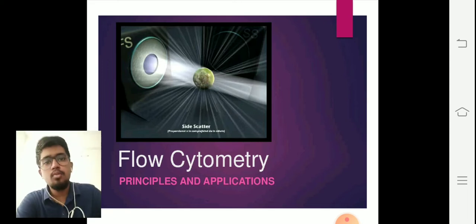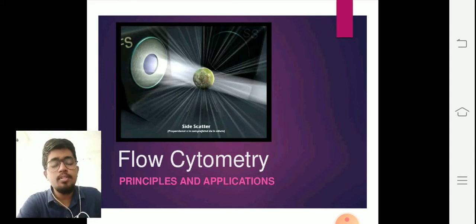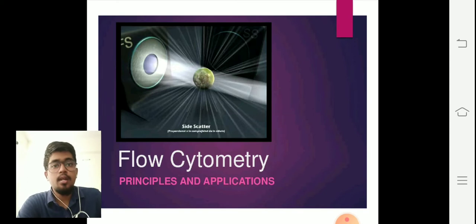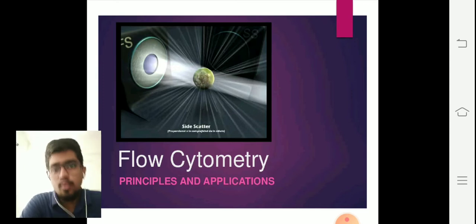Today we are going to discuss the most important concept of the various principles and applications involved in flow cytometry, which is a very important concept and instrumentation to be discussed in cancer research. Now we are going to discuss in depth how flow cytometry is very much essential in analyzing DNA, how it works, how it originated, and what the different applications are which are very beneficial under cancer research and in various other sectors of medical science. So let's start off with the first slide.